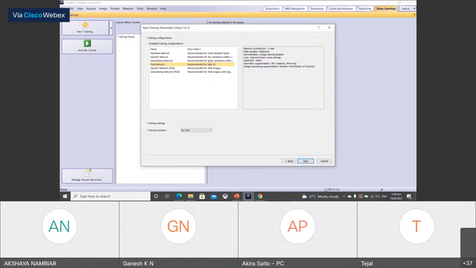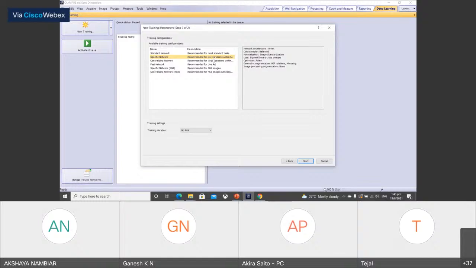And actually, our deep learning can be applied to the live image, so that we can show the objects, the segmentation result on the live image. If you want to do such kind of live segmentation viewing, then it's necessary to use this fast network algorithm for the neural network.